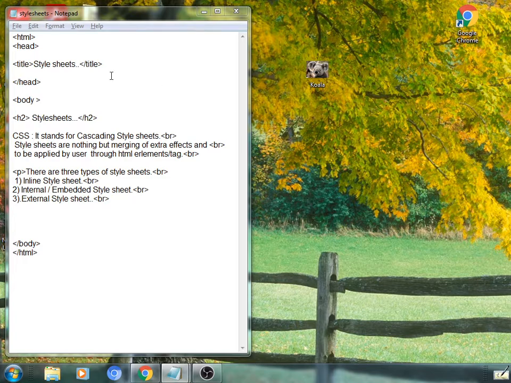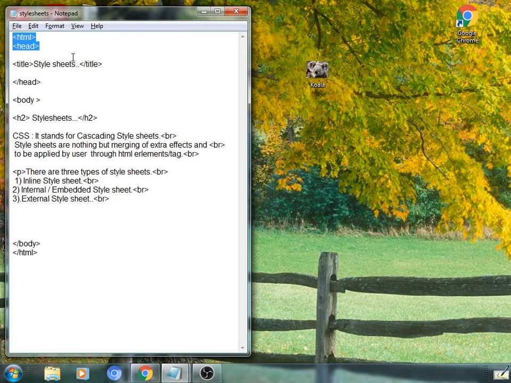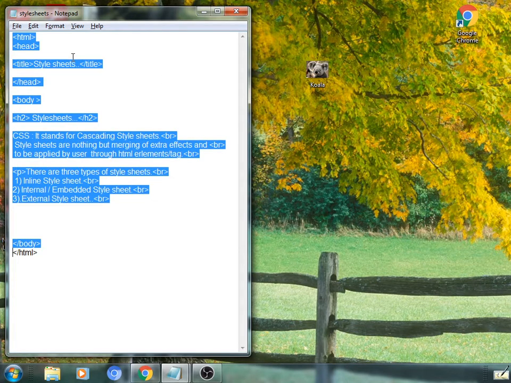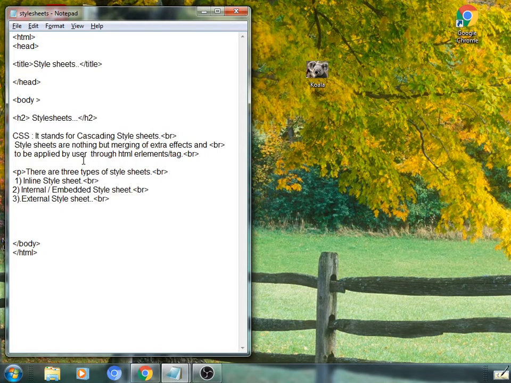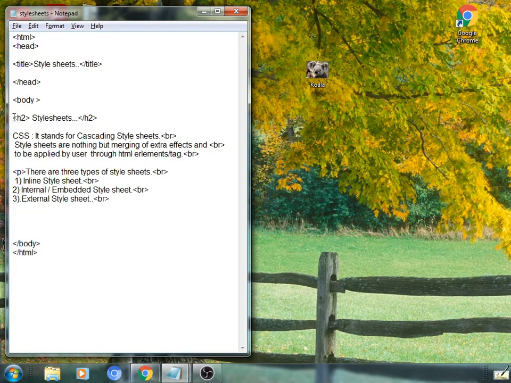See here, we have the same code. At the last lecture we used it for the internal style sheet, internal or embedded, it can be called. The same file will be used for the external style sheet, by making a simple web document, and an external style sheet will be prepared, and such a style sheet will be applied on this document. So first of all, see here, it's a normal HTML file or web document having content.